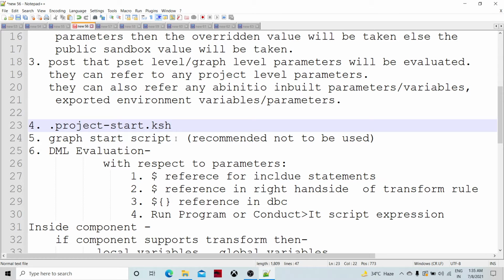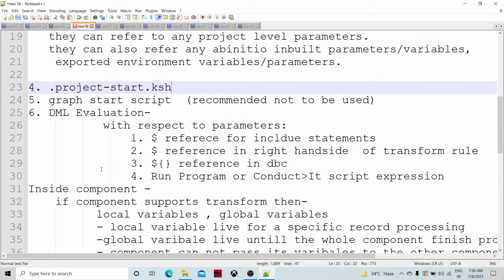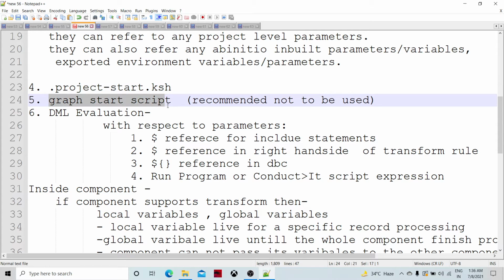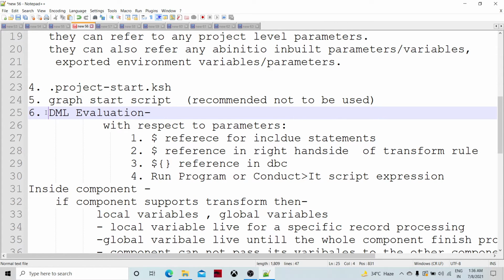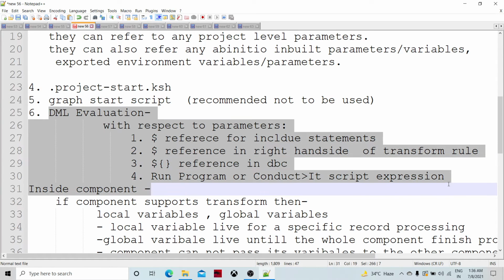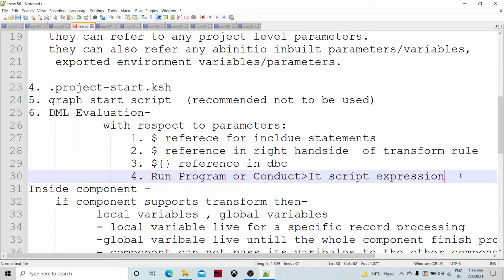It's very difficult to read the graph start script, so it is not recommended. After the graph start script is called, the DML evaluation part happens. This is the major part.